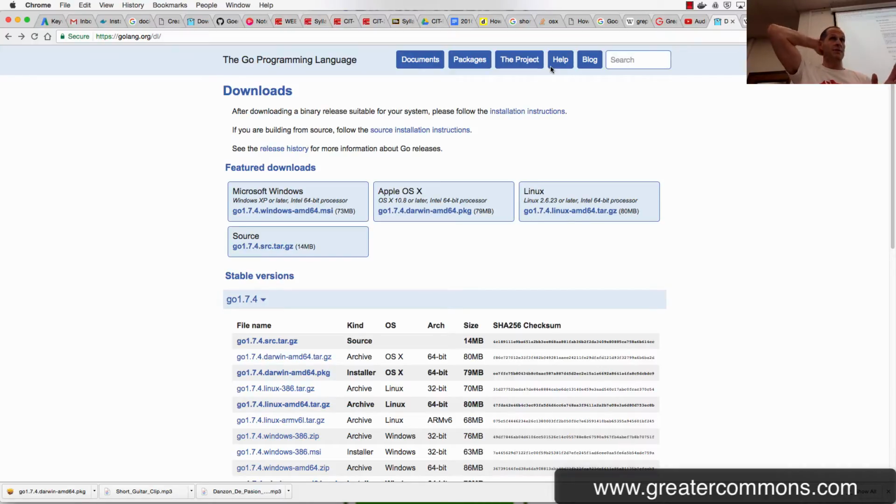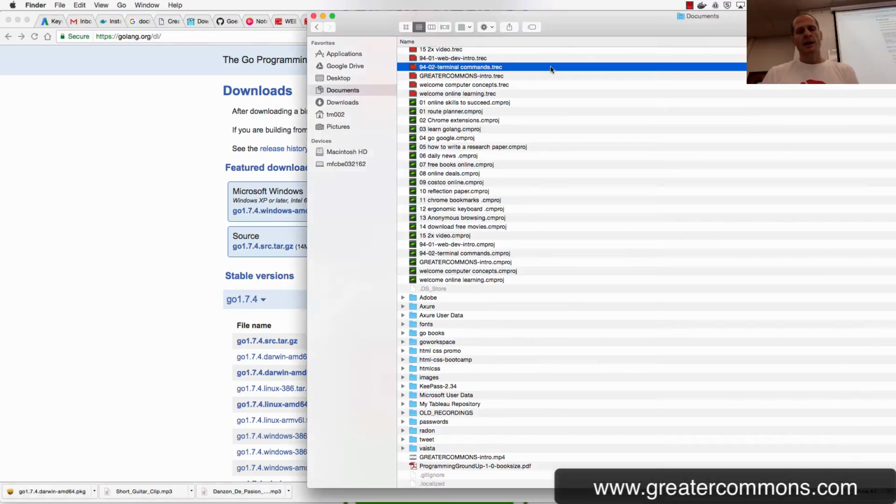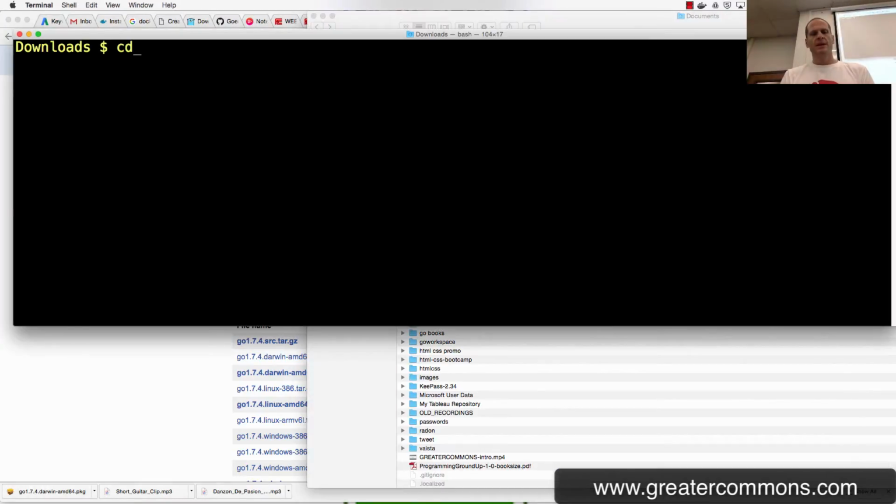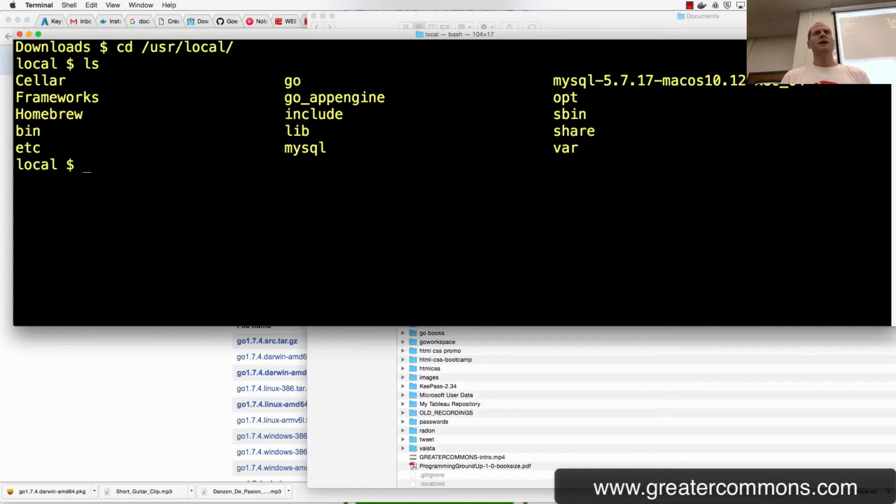Of your C drive. On a Mac, you're going to change directories, /usr. This is where it'll get put. Right? And you can see Go right there. Go, that folder, that's where it got put if I ran it and installed it. Okay? And so that's where it gets put on your Go folder. Now we have to set two environment variables. So